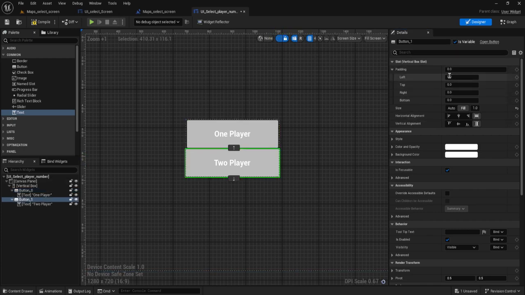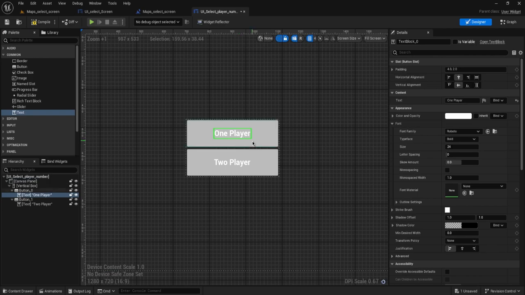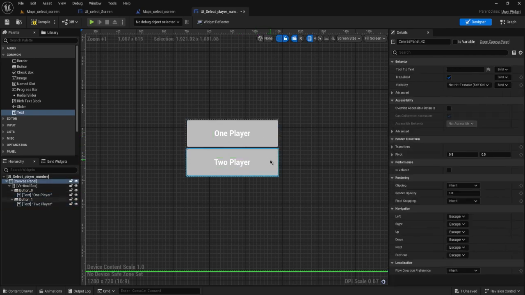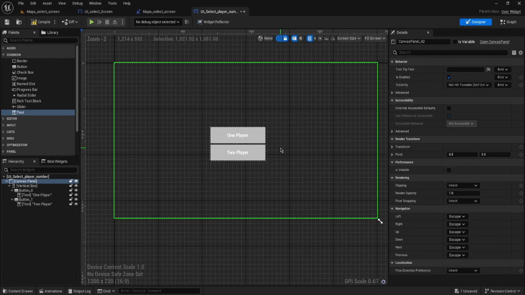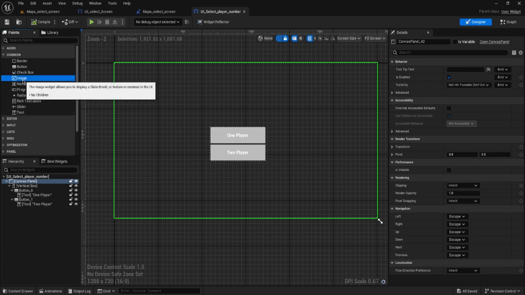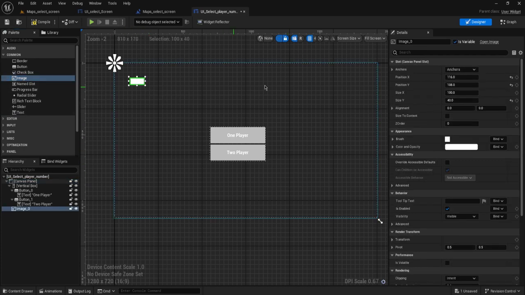Here 2. Okay. One player, 2 player. I will not do nothing very complex. I will focus on the simple. So don't